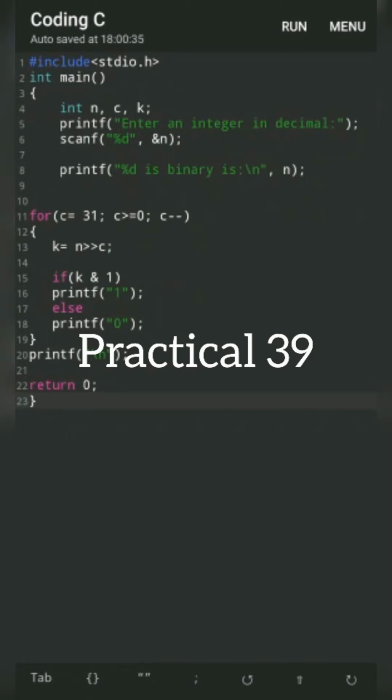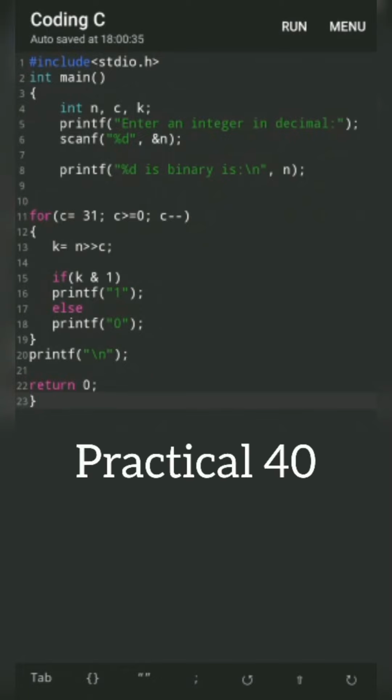Okay guys, now let's move to the practical number 40. Write a program to convert an integer from decimal number system base 10 to binary number system base 2. So here in your book you have to convert a number from decimal to binary number system. For this purpose you have defined 3 variables, int n will be the number which will be typed by